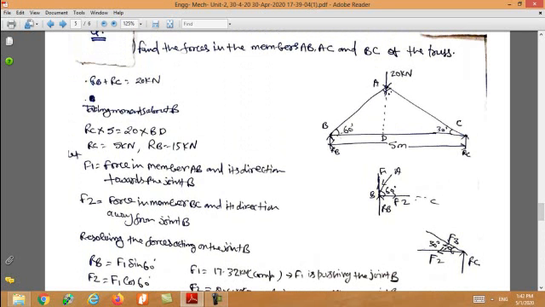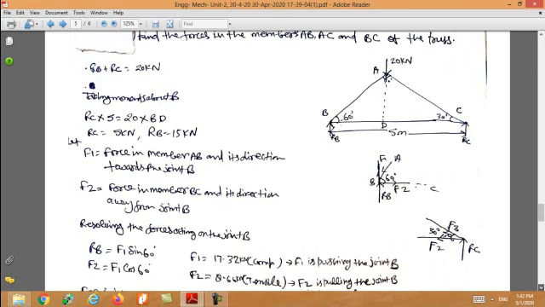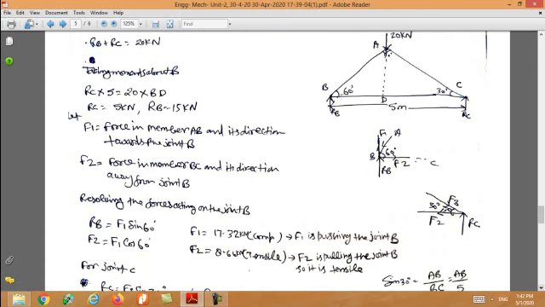So let F1 be the force in member AB, with direction towards the pin joint B, and F2 the force in member BC, with direction away from joint B. How can you obtain the direction? Randomly you can select the direction, depending on your experience. Here you are seeing we are taking first the joint B. In this, three members are connecting. The first member is AB at some angle 60, the second member is BC, and the third is the support reaction.